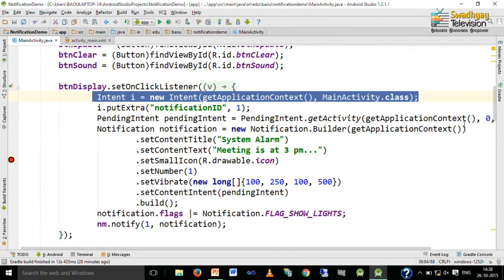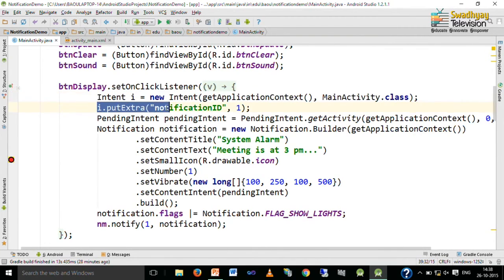So, here we specify MainActivity.class as the second argument. Then you can put something inside the intent also. Here I place a notification ID key with value 1. So, this notification is represented with ID 1. This is again optional. If you require, you can place data inside the intent to be used by the activity.